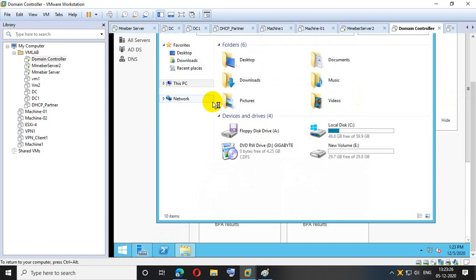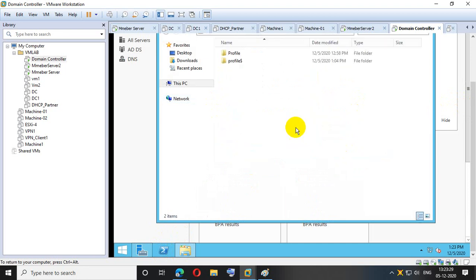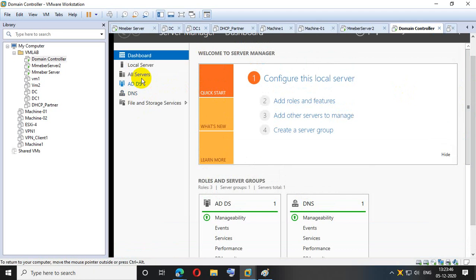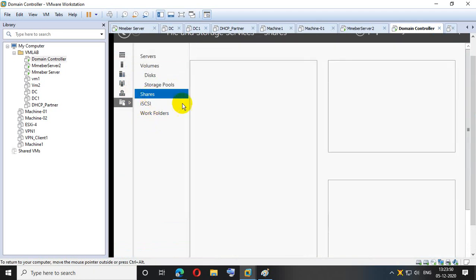Now go to the folder there. See, the profile will be created. The Mantesh folder is also there, but inside that no other files are there. That is empty. Why? Because the share was read only.